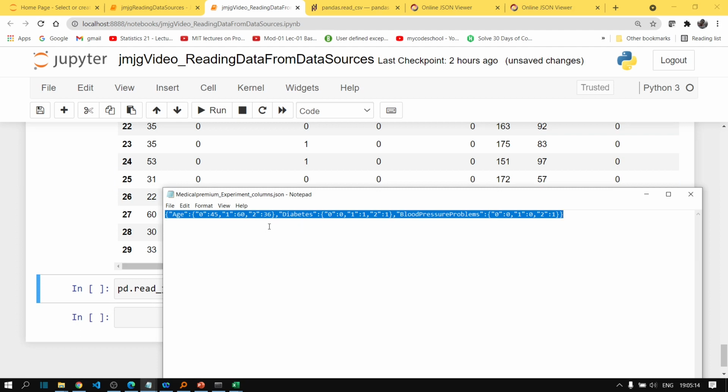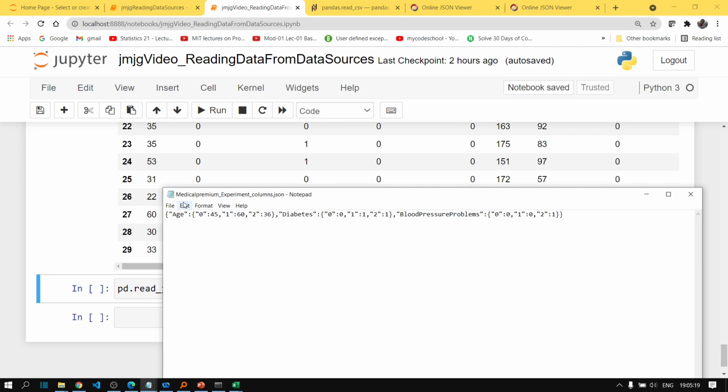So I have opened it using a notepad. So I have taken only a very small amount of data from the CSV file called medical premium underscore experiment, and I have stored it using the .json extension. So I have stored it in the JSON format. So this is the JSON file from which we have to import our data.